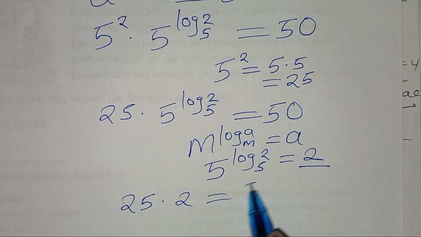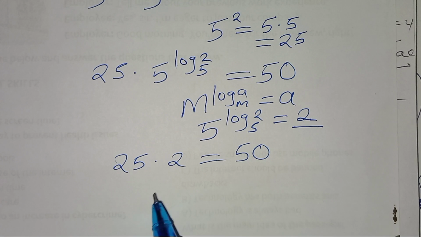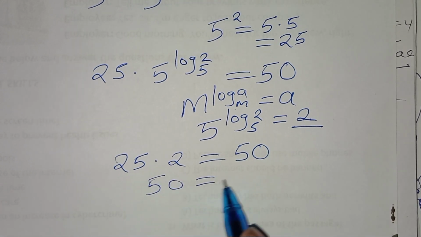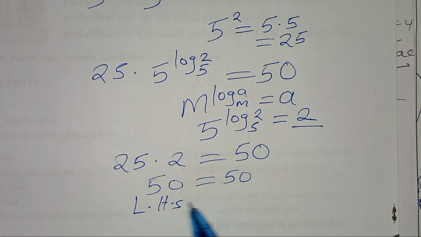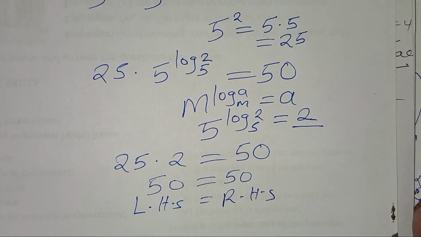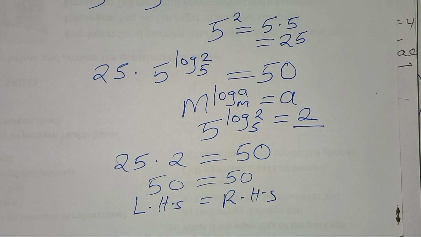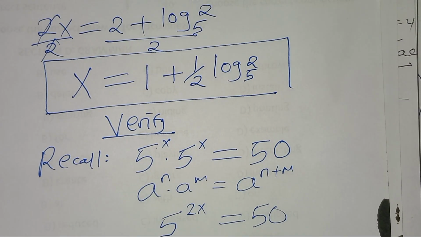This should give us a value of 50. And 25 times 2 is 50, which is equal to 50. That implies that the left-hand side is equal to the right-hand side. And that implies that the value of x, which is equal to 1 plus a half log 2 to base 5,